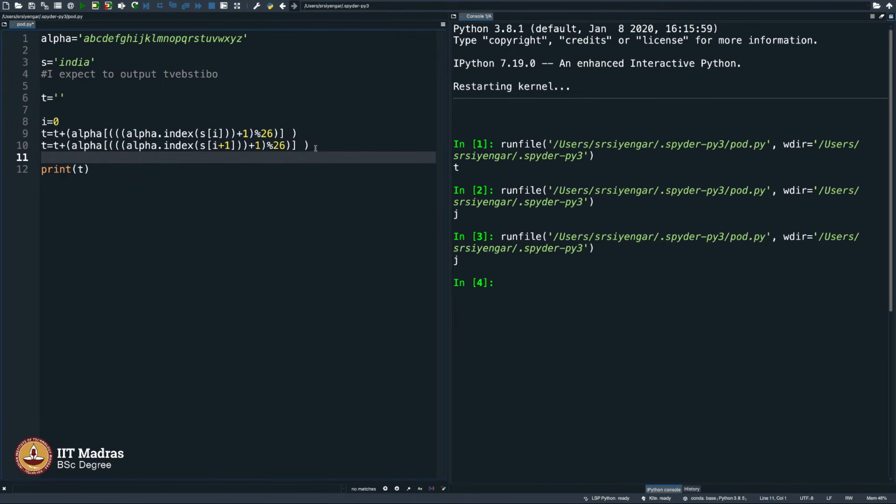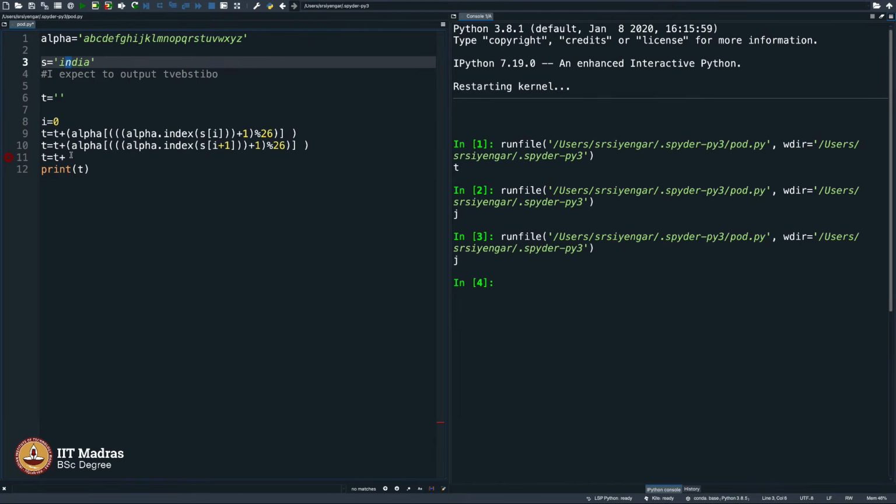And then append that to T. Okay, things are getting a little complicated, so let me try explaining this slowly to you. The string T will be equal to the string T appended with the next letter of the I plus 1